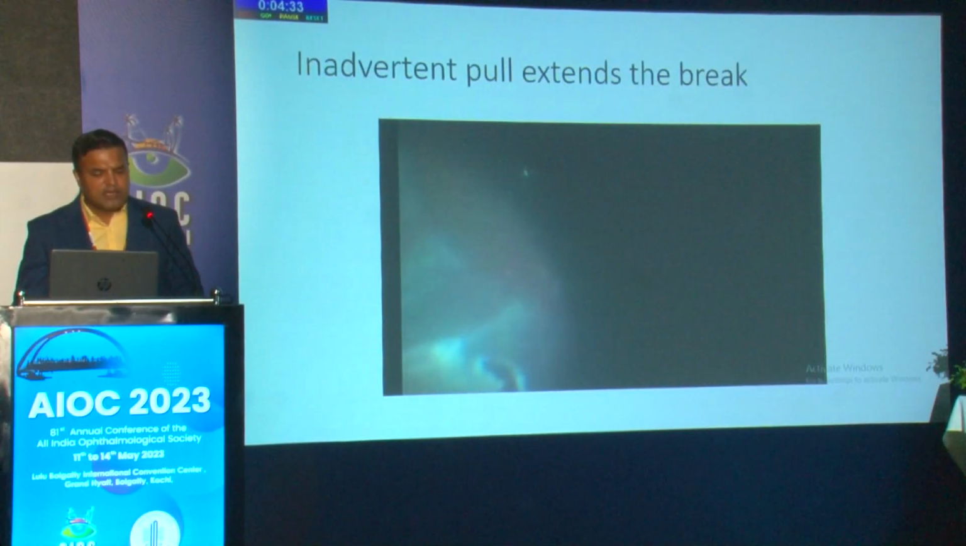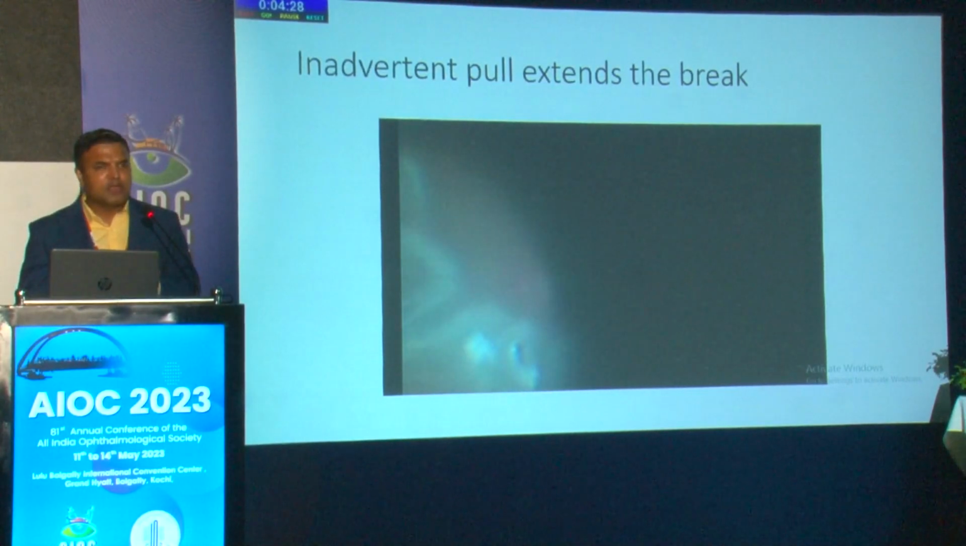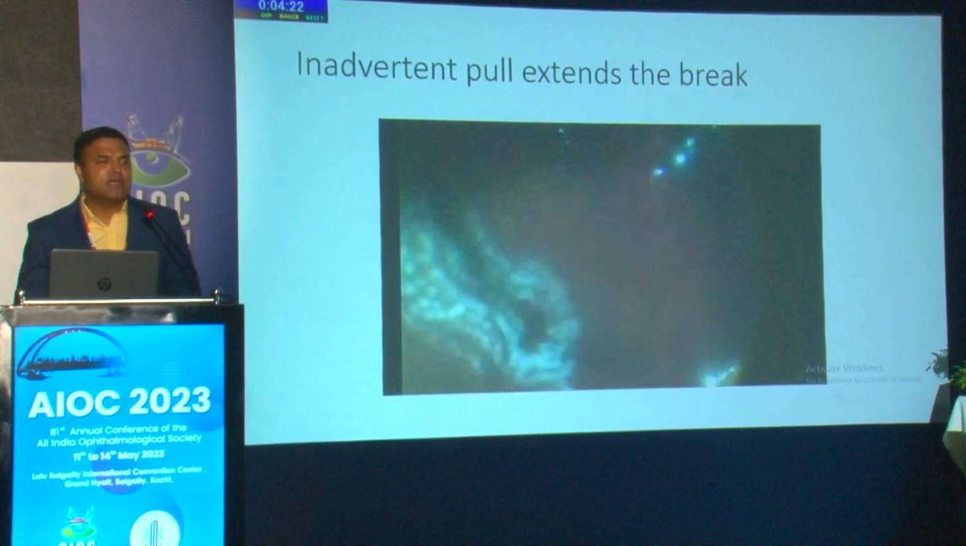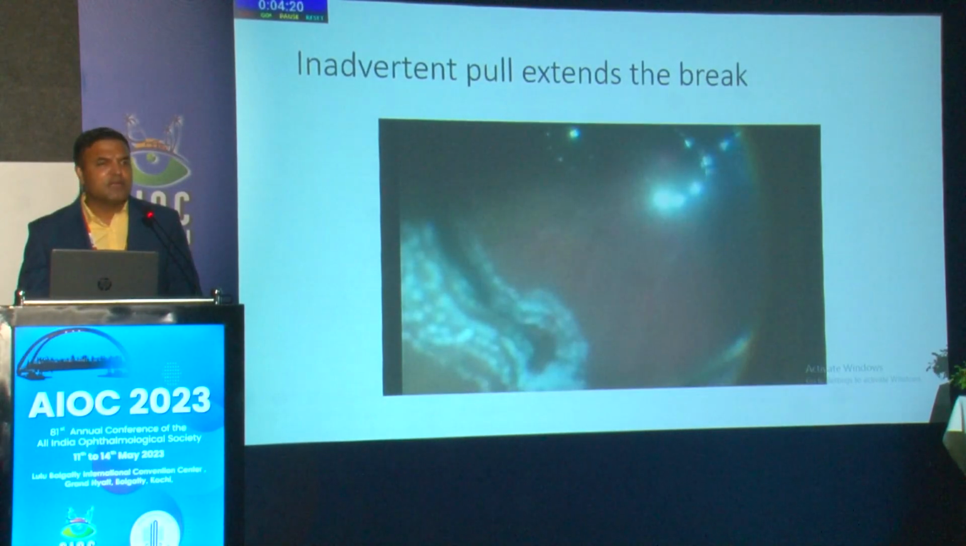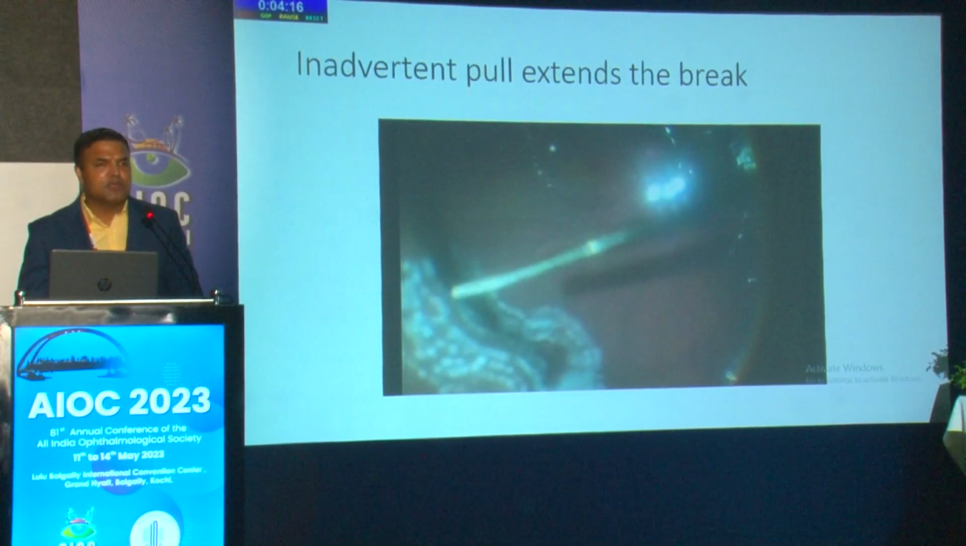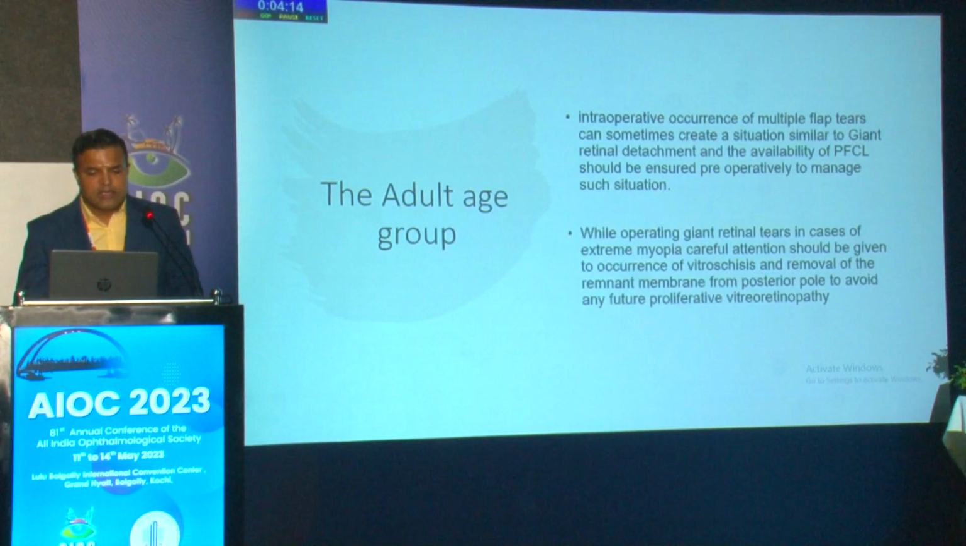And again, I am mentioning this was a small tear. Whenever you are pulling on the vitreous, this is where most of the young surgeons go wrong. You end up enlarging the break, and where a simple small laser could have helped, this kind of large laser extending till the periphery has to be resorted to. Intraoperative occurrence of multiple flap tears can also create a situation of GRT, which may require PFCL addition to control